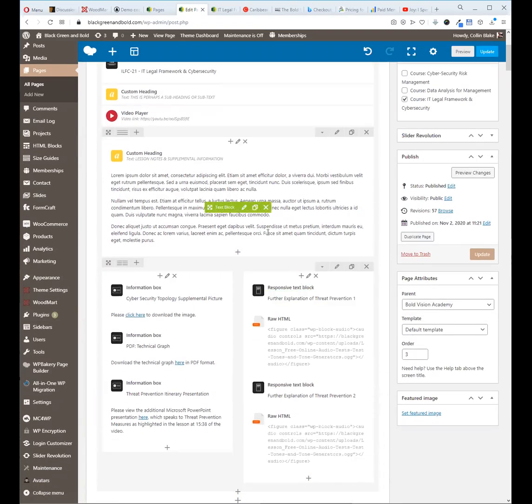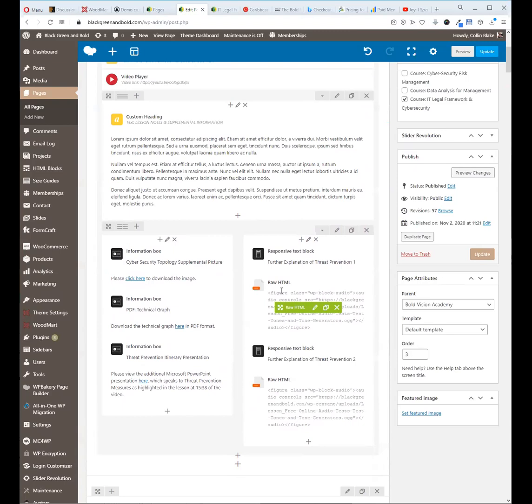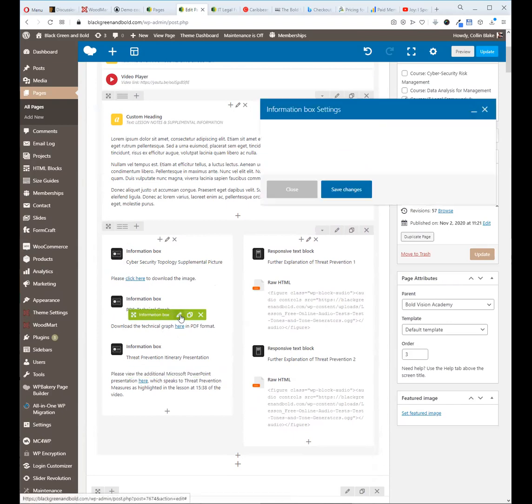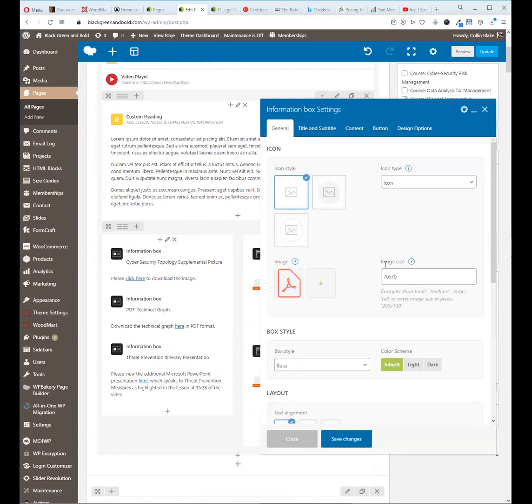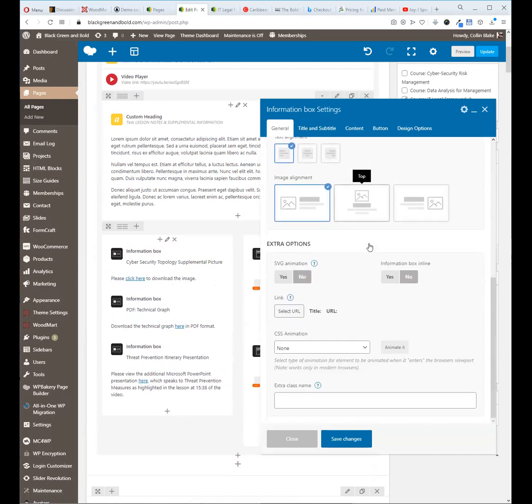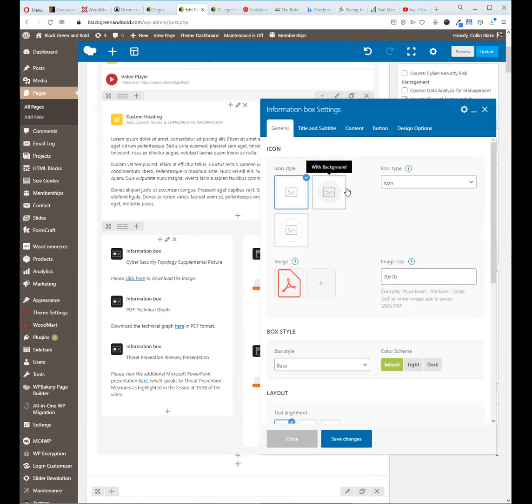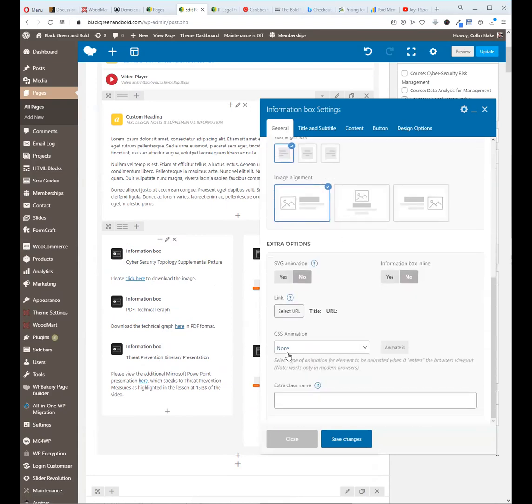You can put, suppose you want them to download a PDF to read along. You can put a PDF in here as well. Let me see if I can show you where, for example, I put a PDF. So, for example, in this information box, it says PDF technical graph. It's just an example. Right? You edit this area here. And see, I put a PDF image here already and everything. So all you have to do now is just to tell where that PDF document is. I think, where is that again? I think it's